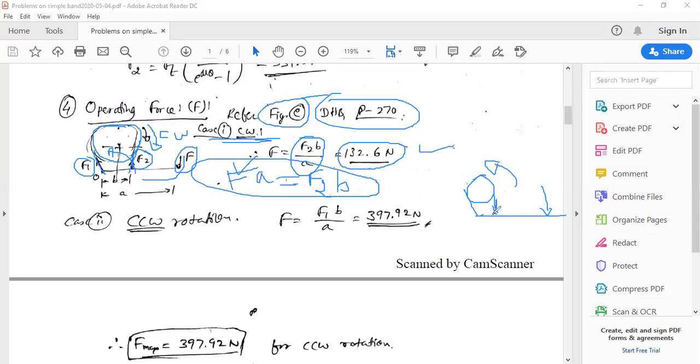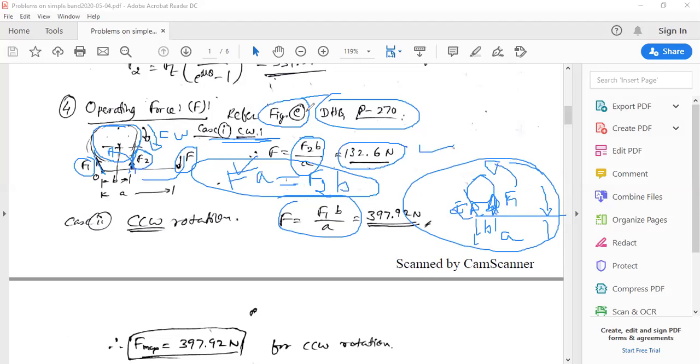So with respect to that, this side becomes the tight side, which is represented here as F1, and this will be the slack side, represented with the notation F2. This distance is represented here as B, and from this point to this point the distance is A. So by using this equation, we can get the expression for F by taking the moment about this fulcrum point, that is F1B divided by A, or you can refer to the equation